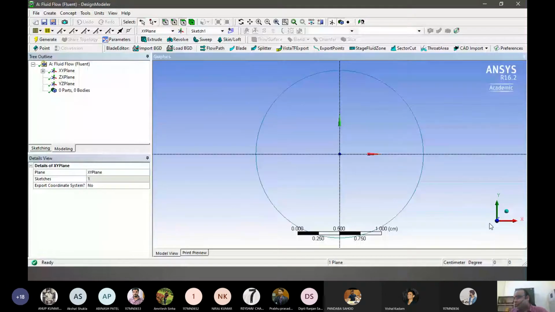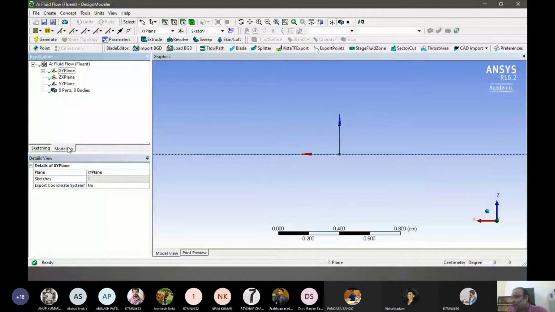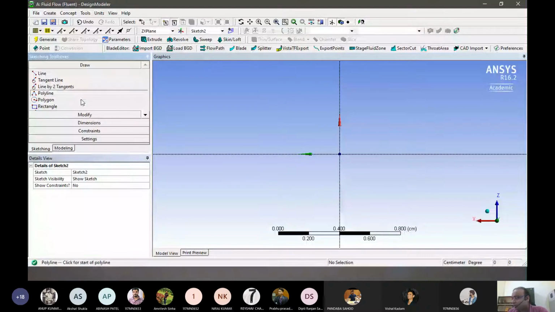So let's start drawing a second sketch. We have to make a sketch here in the XZ direction, and generate a new sketch. The new sketch can be generated from here, sketch 2, and let's make a polyline, a group of lines in the XZ direction.